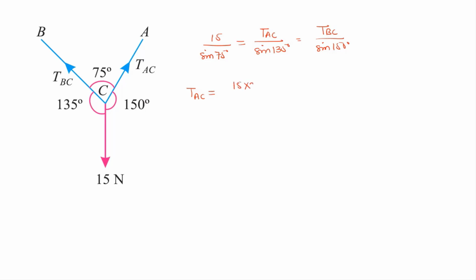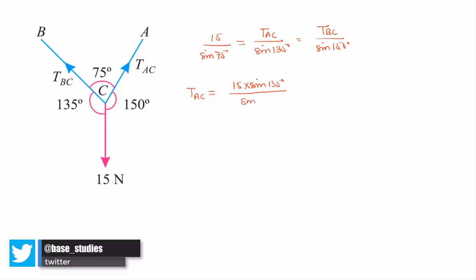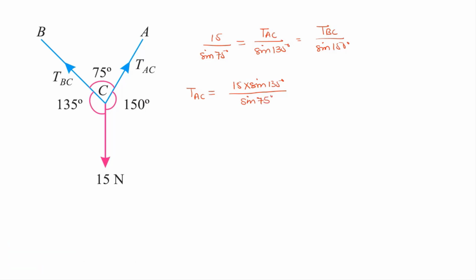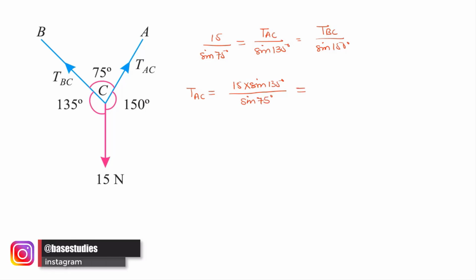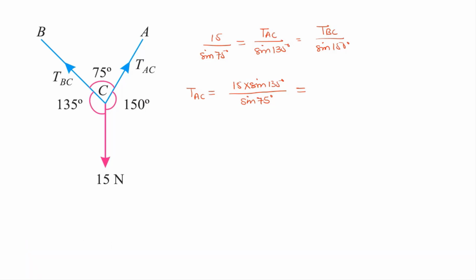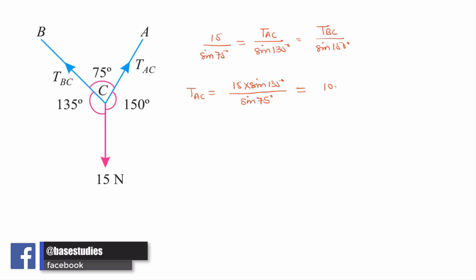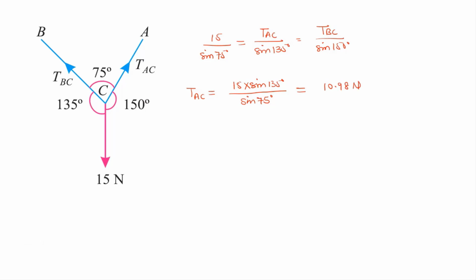So from this equation we can calculate TAC is equal to 15 multiplied by sine 135 degree divided by sine 75 degree. Solving this, we will get 10.98 Newton. Similarly, for TBC, 15 into sine 150 degree divided by sine 75 degree, and solving this we will get